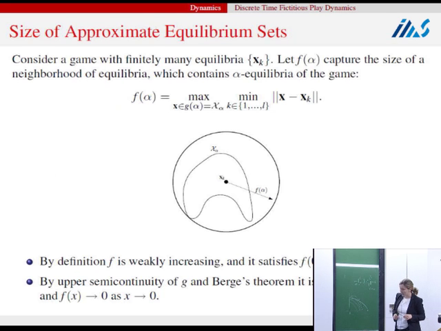So how do I use that? Well, so now, for small epsilon, essentially what this says is I can just concentrate on different disjoint neighborhoods of equilibria. And so think about this as our epsilon equilibrium set, I can actually fit a ball around this equilibrium with size f of alpha, and each ball that I fit around equilibria will be disjoint from each other. Okay, so this is very key, I think, in the next result.